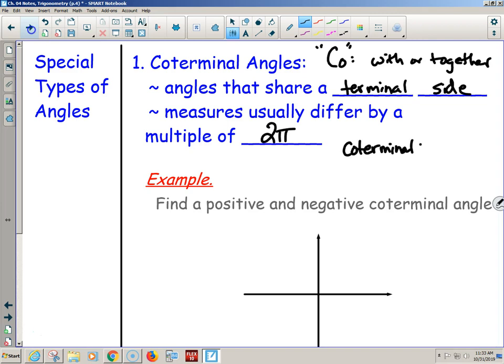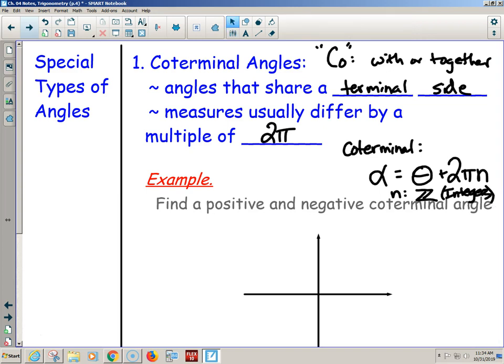Co-terminal angles, which we could call, I don't know, some sort of alpha. You use Greek letters to talk about angles, that's cool. Is going to equal some sort of theta, some beginning angle, plus some sort of multiple of 2 pi. But it has to be whole multiples of 2 pi, like a whole rotation to get back to it, or a whole negative rotation. So all of those ends are going to be like positive and negative counting numbers, which are called integers. Integers are positive and negative whole numbers. If I can go clockwise, which is negative, a whole 2 pi, or counterclockwise, which is positive, a whole 2 pi. Or I can go counterclockwise 4 pi, or clockwise 4 pi, etc.